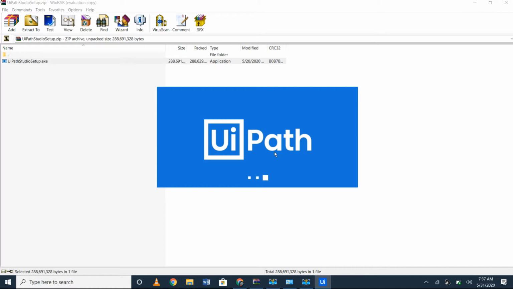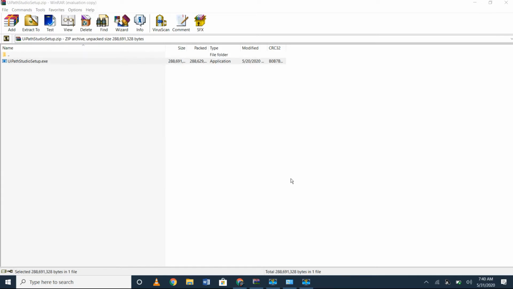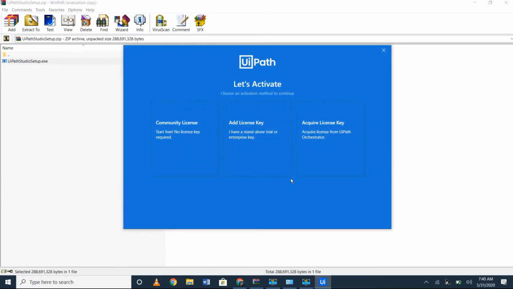You will get a window like this, UiPath. You can do it in parallel along with me. It's opening now. You will get a window like this where you have community license, add license key, acquire license key.